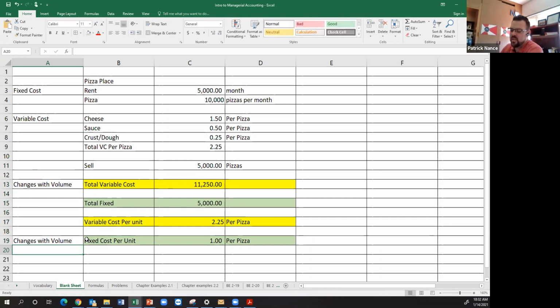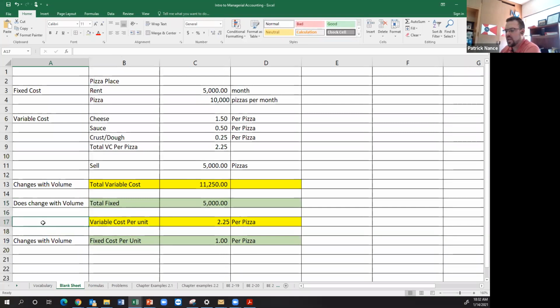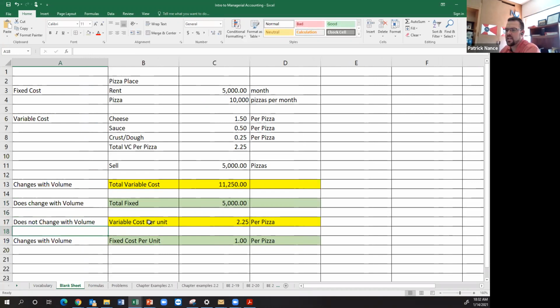The volume difference, meaning the number of pizzas sold in this case. And these two do not change based on volume or output, or I mean, there's several different ways you can say that, but those do not change. So that's our separation between fixed cost and variable cost, and just kind of a short example of exactly how